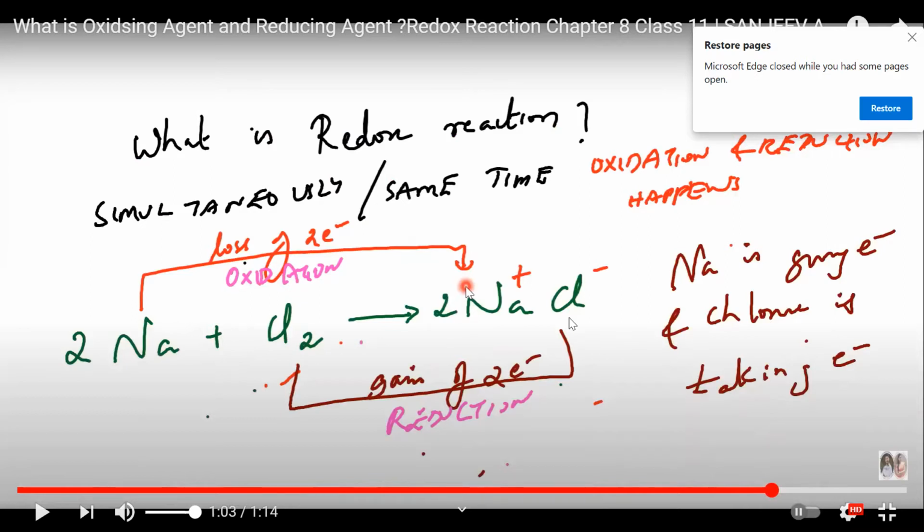So what is my oxidizing agent? Now you tell me, Rishabh. Did you understand or not? Not only Rishabh, everyone. Rishabh, are you clear with this? Yes, sir. With the concept? I think I might have sent you these things last year, correct? You might have got it, but no need to worry about that. So this is what I have to tell you. The one which is getting reduced is my oxidizing agent. You got the point.